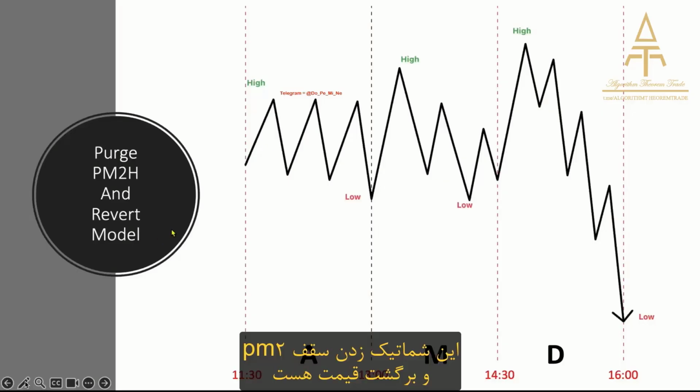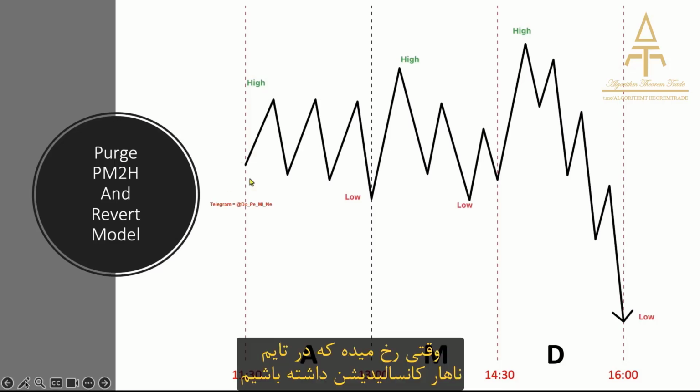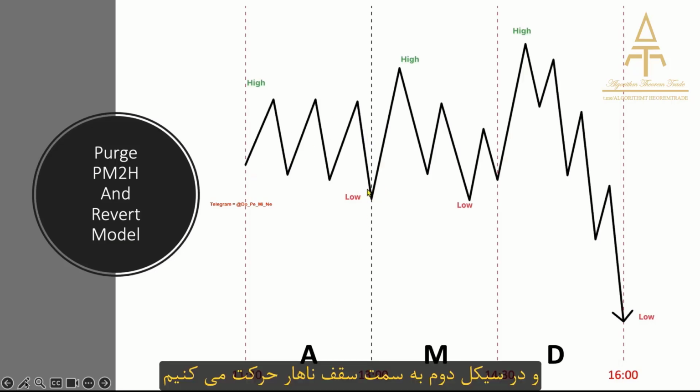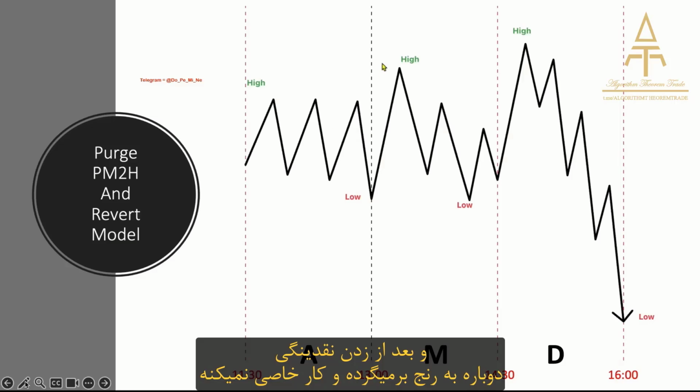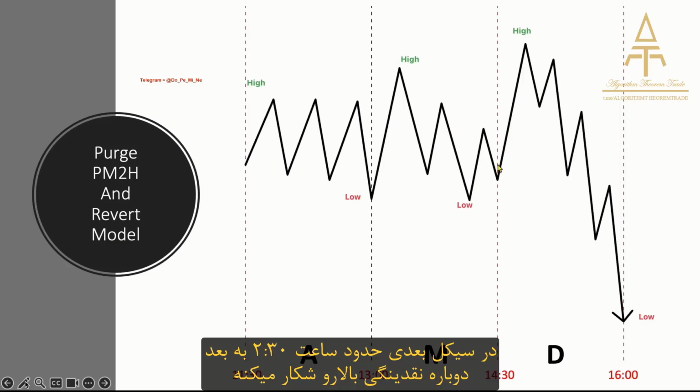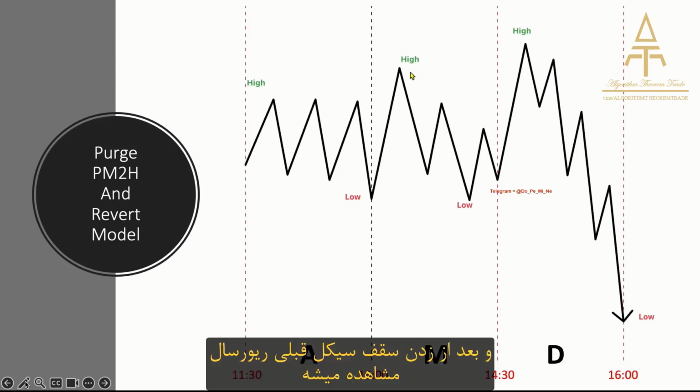So here is the purge of the second PM cycle's high and revert model. This occurs when during lunch a consolidation occurred, and then during the second 90-minute cycle, the market expands towards the lunch cycle's high, takes it out, but then falls back into the consolidation and doesn't displace lower. What then usually occurs is that the market has one more run on buy side liquidity, originating around 2:30 p.m., taking out the previous cycle's high, and from there on we see a reversal originate,